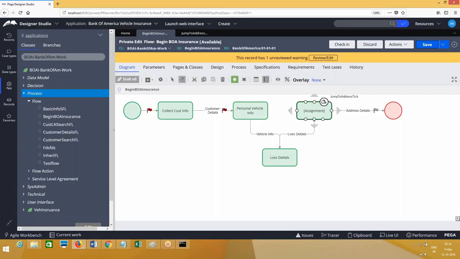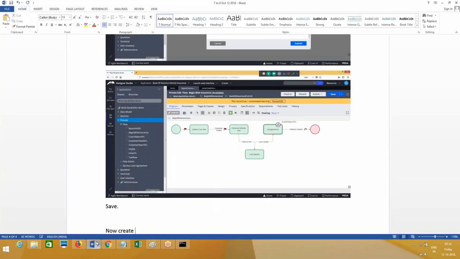Now your case should jump to this ticket flow shape when the vehicle is a brand new vehicle. So we need to set the ticket. Create a utility to set the ticket based on whether the vehicle is brand new.